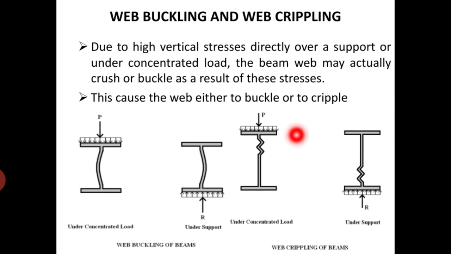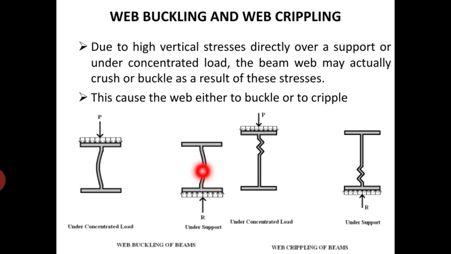So crippling, or the web has crushed, hence it is also called web crushing or web crippling. This is called web buckling or vertical buckling. Web buckling, or vertical buckling, occurs when the intensity of vertical compressive stress near the